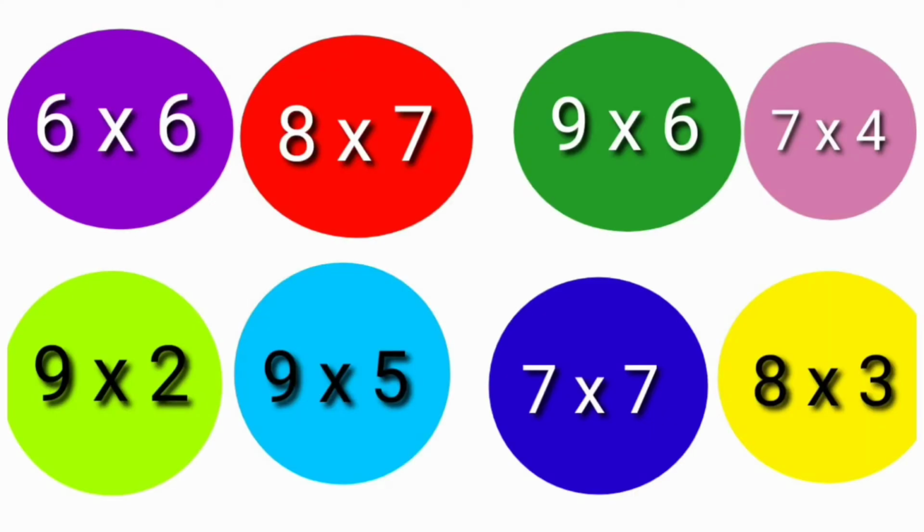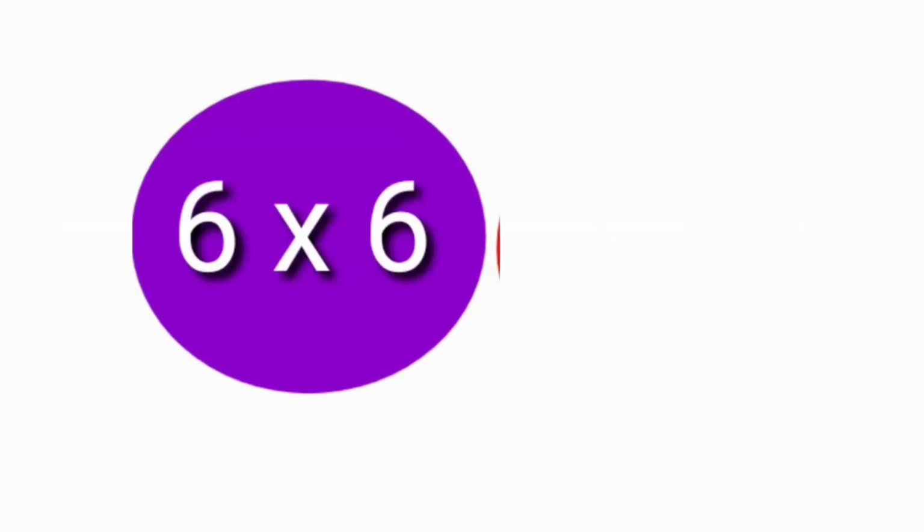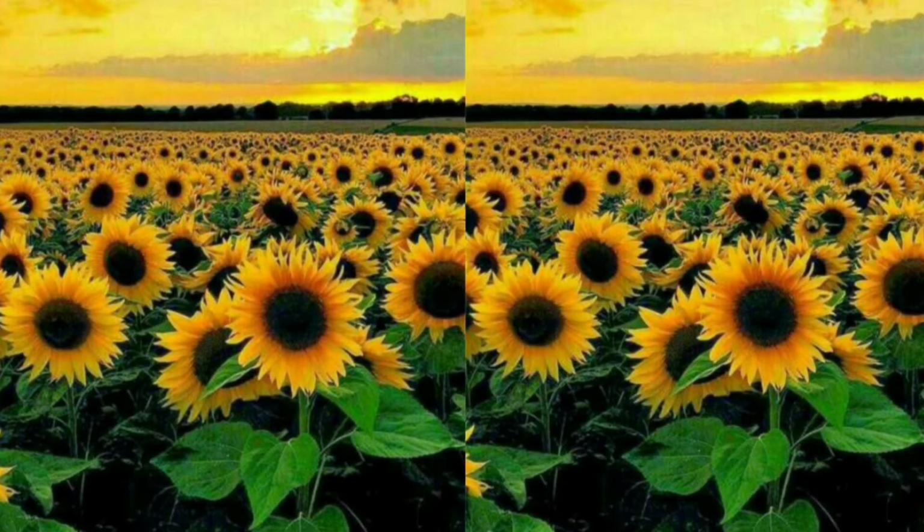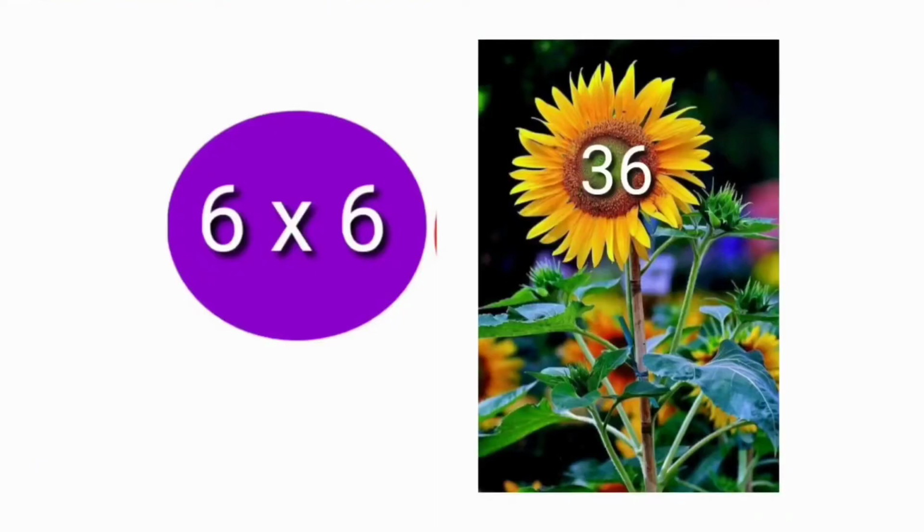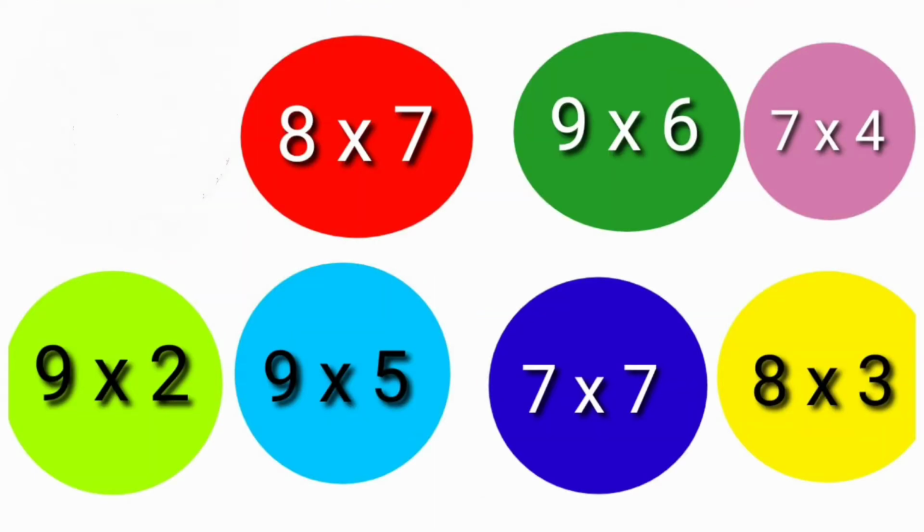Look at the screen. Some numbers are here. Let us multiply these numbers. Here is the first one. Do you know this answer? 6 sixes are? Yes, 36. Children, now we have found one number from this garden. You have to multiply these numbers and find out other numbers. You have to recall all the multiplication tables.